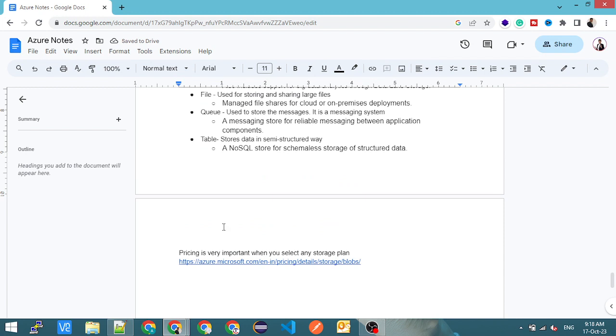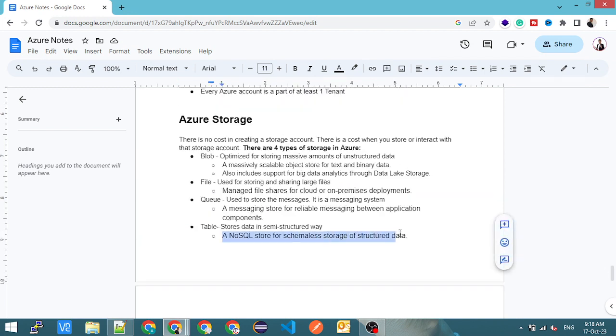Okay, NoSQL data is something it is going to store, and we'll see everything in detail after we create a storage account. First we need to create a storage account. Okay, so that is the first thing. Then we need to use Blob. Then we're going to see file, either one of them. Actually, we are not going to see everything in detail,